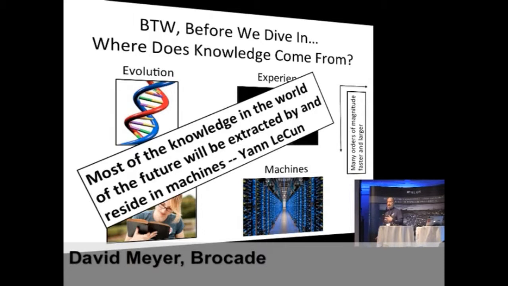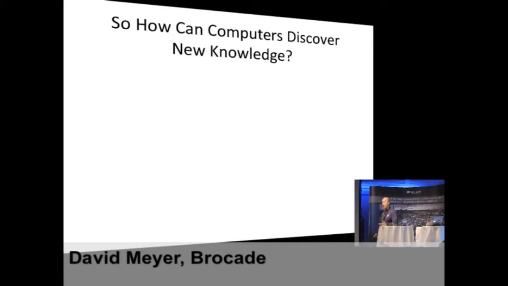So evolution is a lot slower than the experience you get. The experience you get isn't as fast as the experience that culture gets in general civilization. And what machine learning is going to do is just blow all that stuff away. It's already doing that. So how could a computer actually get knowledge? Well, you could fill in the gaps in your existing knowledge. Actually, some of the automation systems try to do this in an ad hoc fashion.